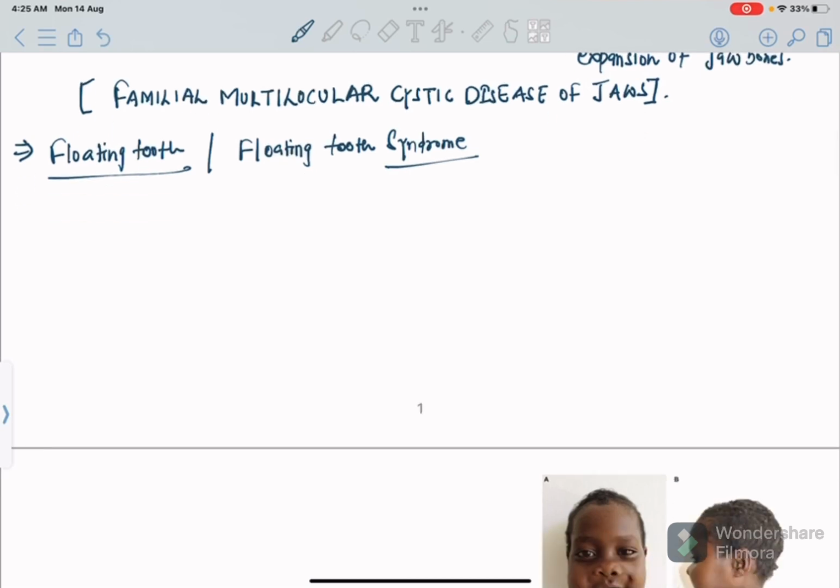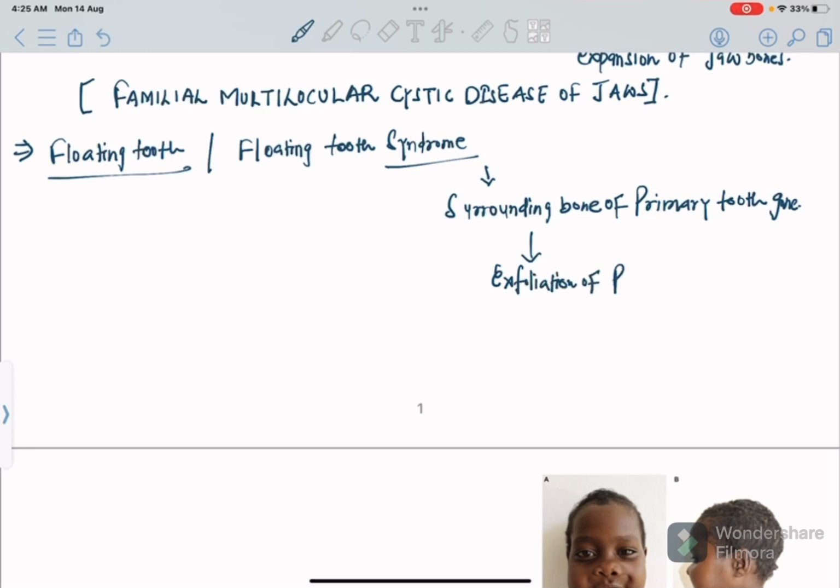So what occurs basically here, surrounding bone of primary tooth has already gone, thus leading to exfoliation of primary teeth. So it is also characterized by presence of multiple unerupted teeth. Okay,